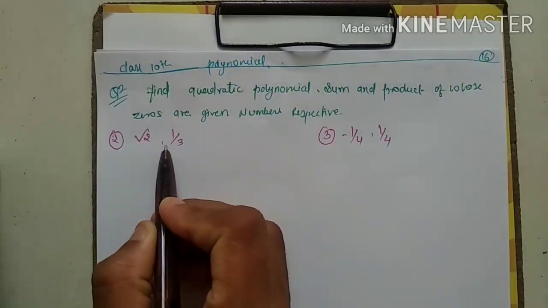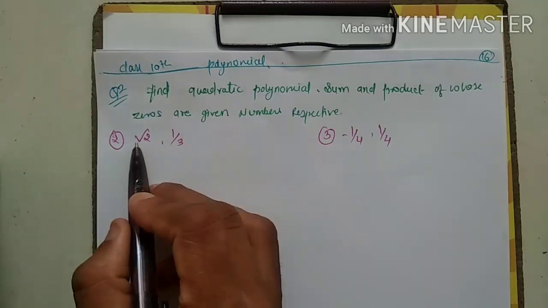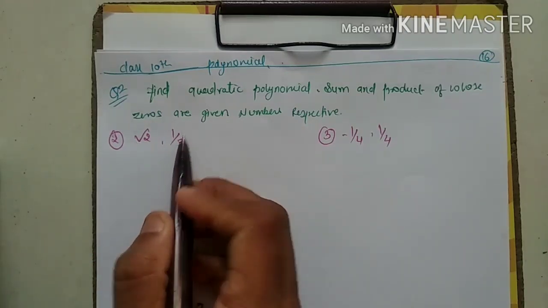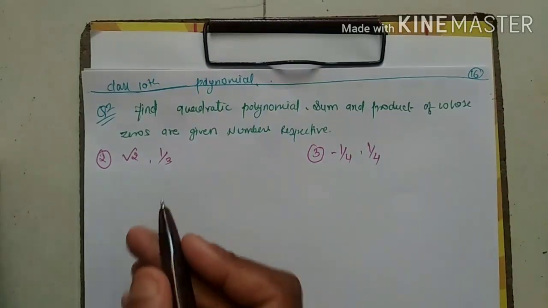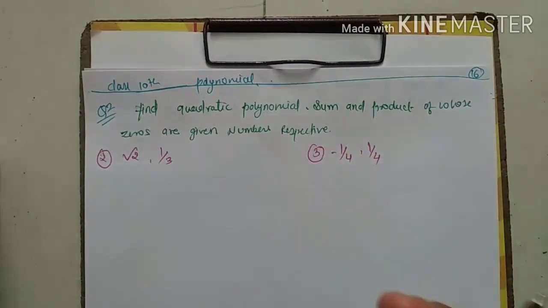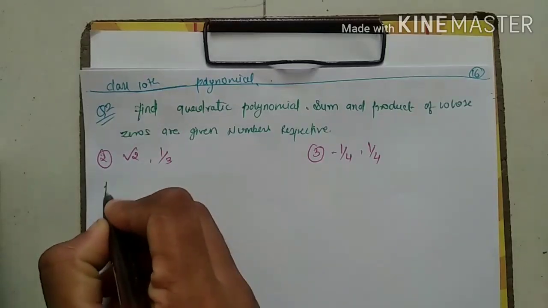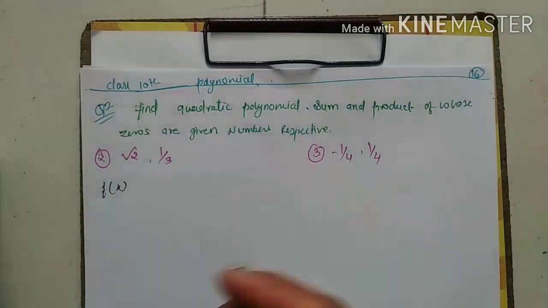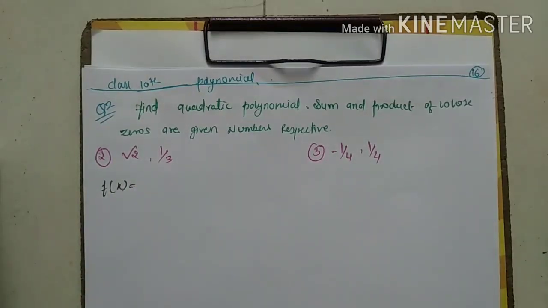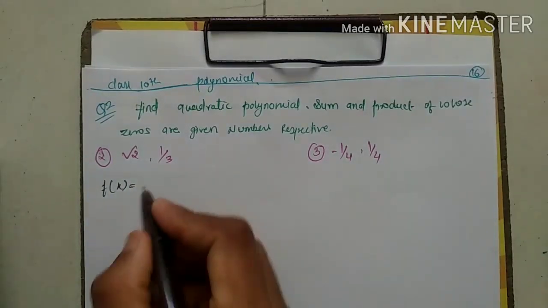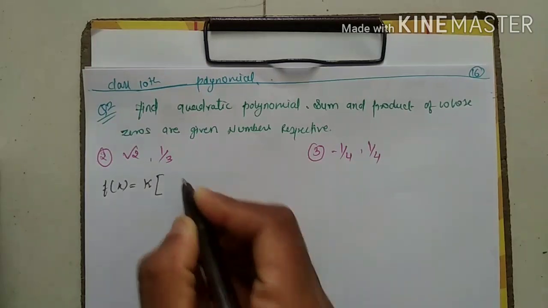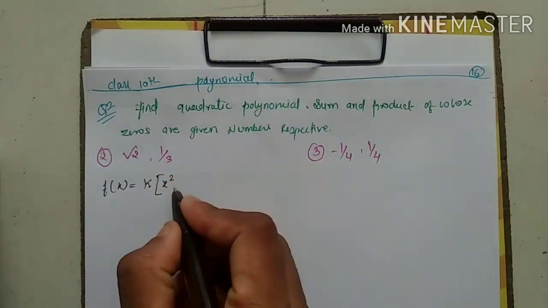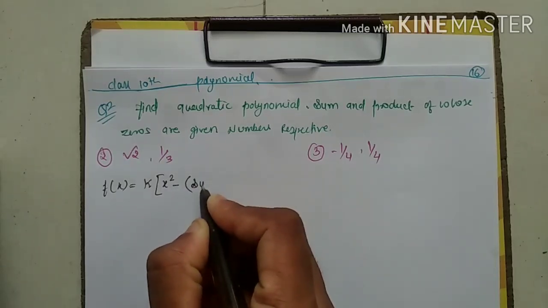Okay, root 2 comma 1 by 3. One is the sum of zeros and one is the product of zeros. We have done such questions, so here we have to find our exact quadratic polynomial. You know that we always indicate the quadratic polynomial like this: f(x), p(x), whatever. f(x) is equal to, I require what? Quadratic. As you know, k is a constant term. I require quadratic, that's why I write k times x square minus sum of